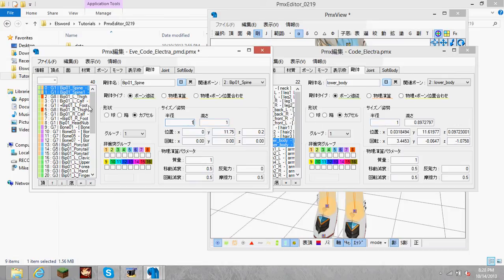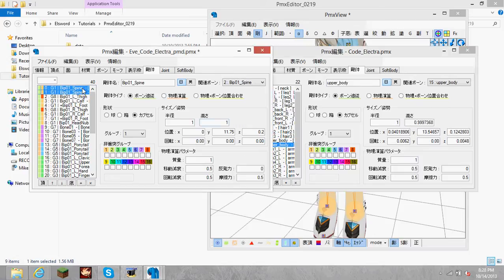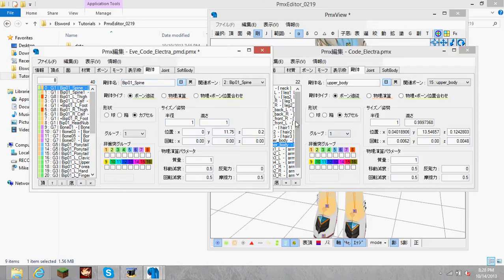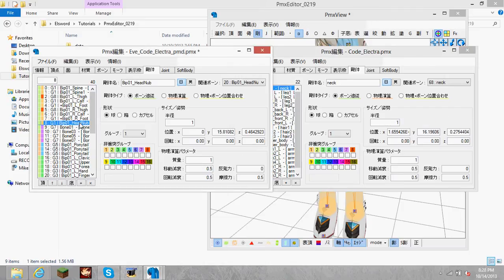Now, in this case, their rotations are 0. In here, they're not quite, and they're a little off, but it doesn't really matter so long as it's approximately where they are. If you also look, it's only 1 and nothing is checked. The order at which they are doesn't make a difference either, but I believe there was a really strange catch with one of these. One of these had a hidden option. Okay, yes, the head. So if you did what I did and you have the head nub,